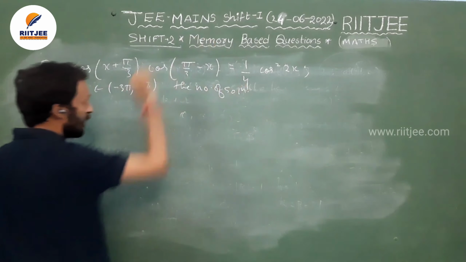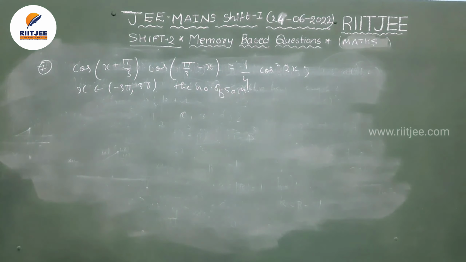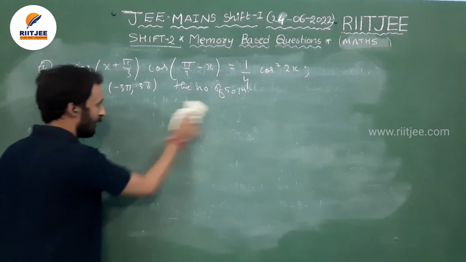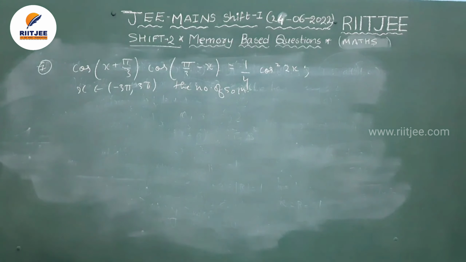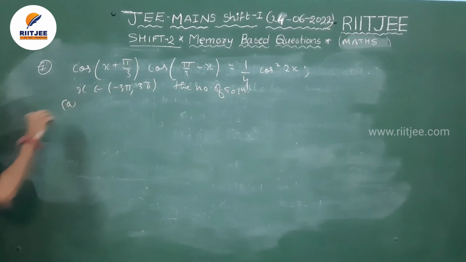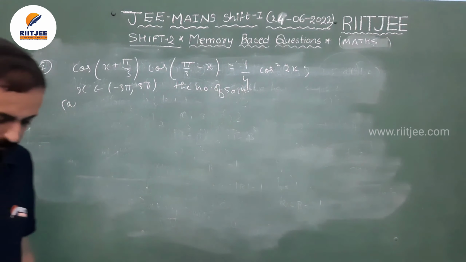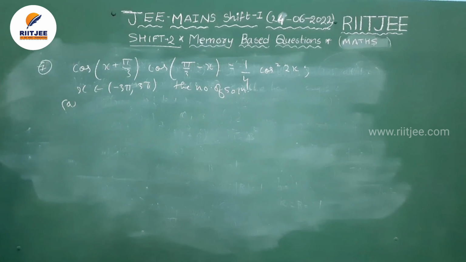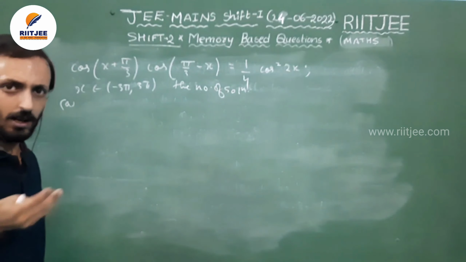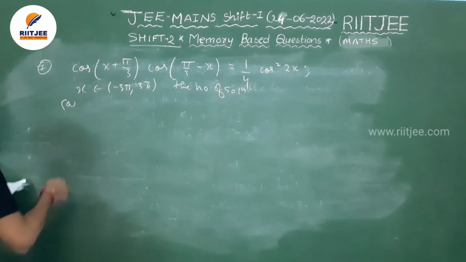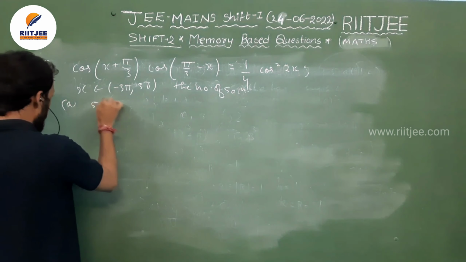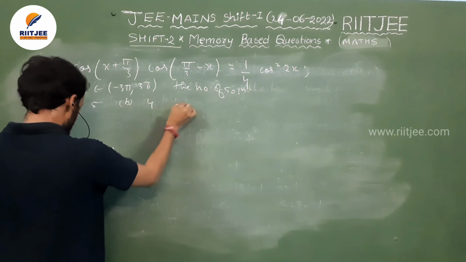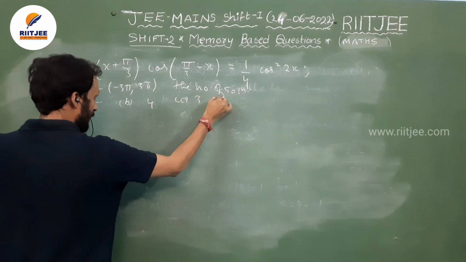देखो बेटा, मेमोरी बेस्ड क्वेश्चन से हो सकता है कुछ चेंजेस हो, a bit of changes are done because students have only given us the question and we are solving it for you. Okay, so NTA will release the question paper very soon officially after occurring of all the shifts and all the sections of the paper, right? So we will be waiting for that also. Option B is 4, option C is 3, option D is 2.